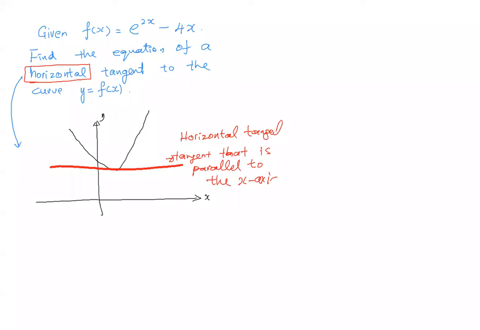Are you clear? So usually the tangent will pass through the turning point. You will touch the turning point. The tangent is touching the turning point. So now can you tell me what is the gradient of this tangent? 0. Yes. So the moment you see the words horizontal tangent, straight away you tell yourself horizontal tangent